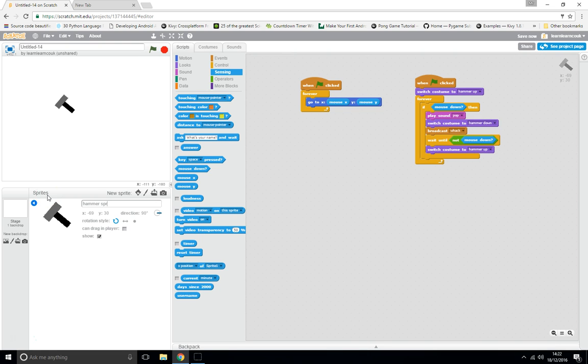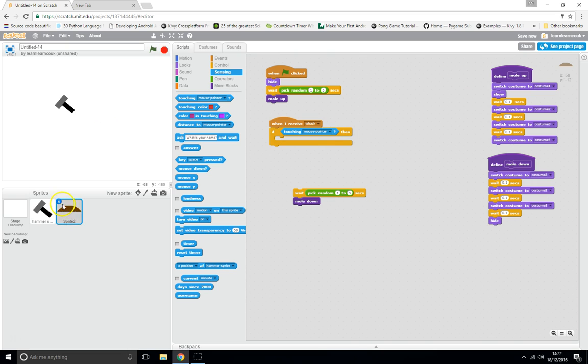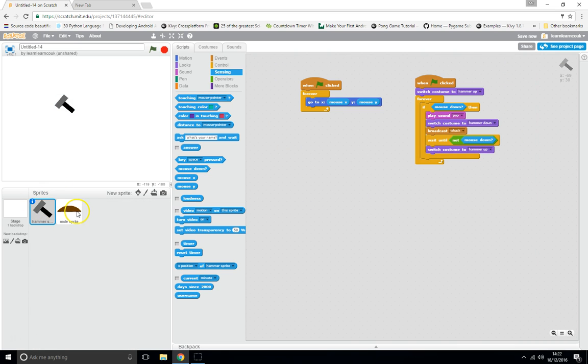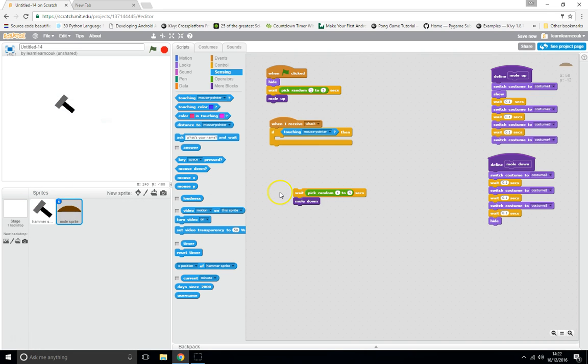Hammer Sprite. Good. Let's call this Mole Sprite. There we go. Hammer Sprite, Mole Sprite. So now, whack. When I receive whack, if I'm touching the Hammer Sprite, so if those two are touching, then